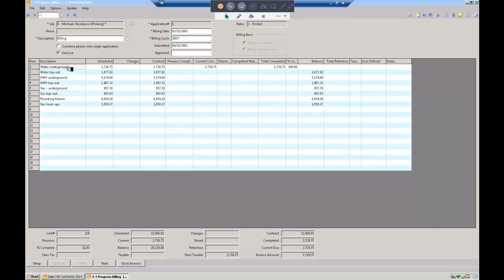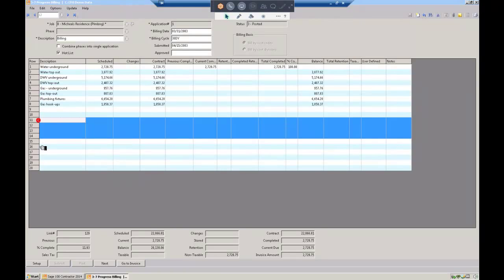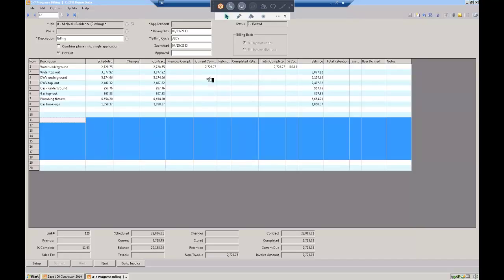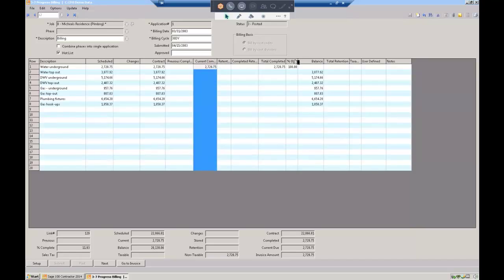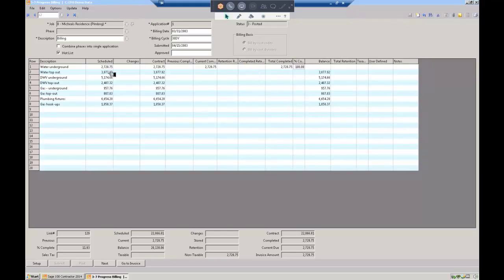So here's, again, items that we agree to, values we agree to. Change orders, if there are any, can be added to a specific line item, or each change order can be listed on the bottom. It's up to you. And then when I go to bill this, I just put in what I want to bill, or I put in the percent that I want to bill. Either way, it's going to manage the retention as well. The nice part here is, and I'm not going to do it, I'm just going to show how it would work. Once I do this,